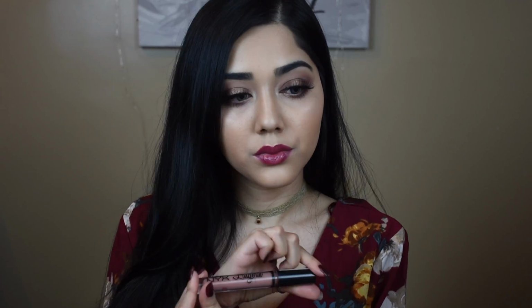And to top that off, I'm going to be going in with this NYX Lingerie liquid lipstick in lace detail and pop that on in the center just to give it a bit of a matte formula